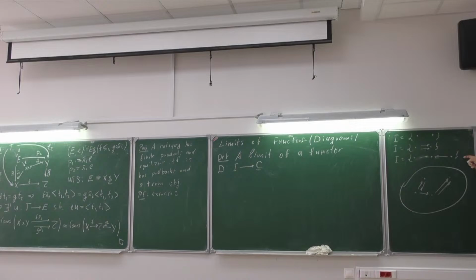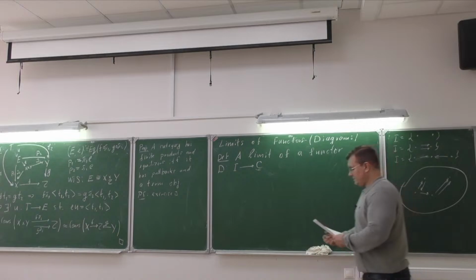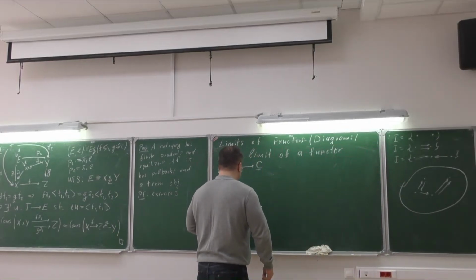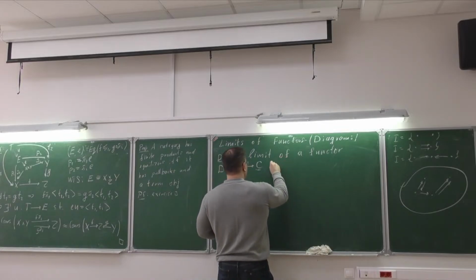But you can do this quite generally. You can take any diagram that you want. Well, I try to draw an example here, a much more complicated diagram. And you can talk about the limit of such a diagram or limit of a functor. So the limit of a functor, limit of a diagram, is